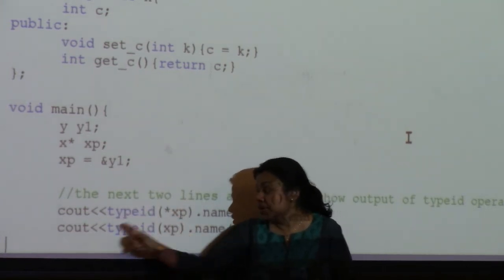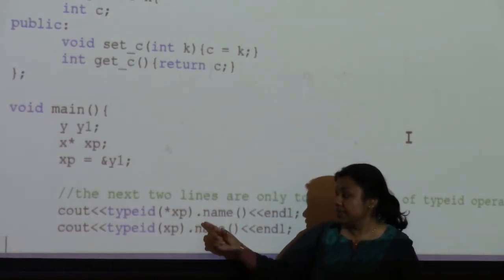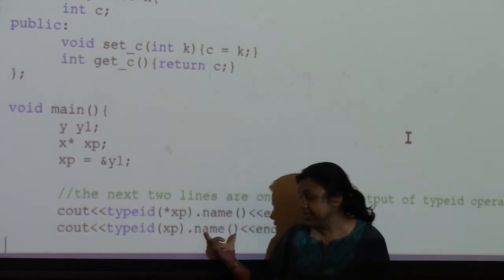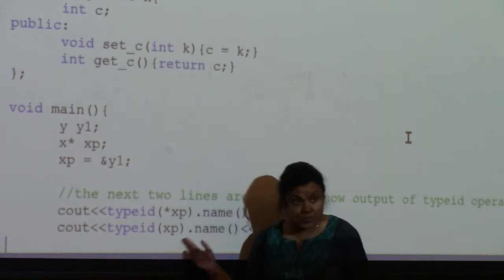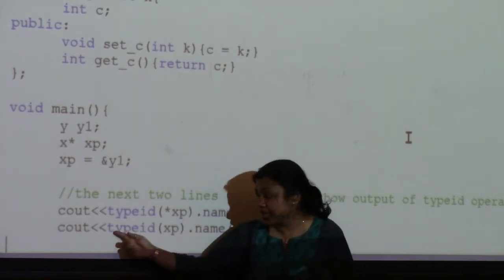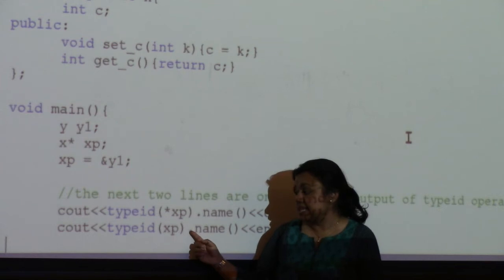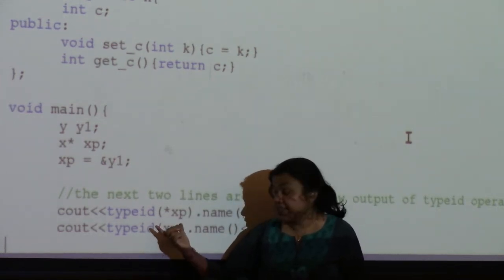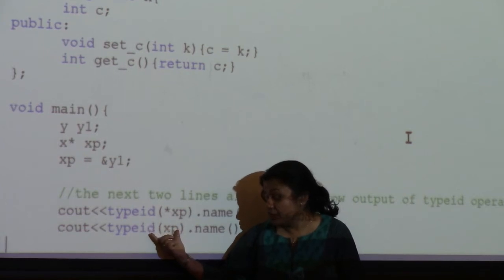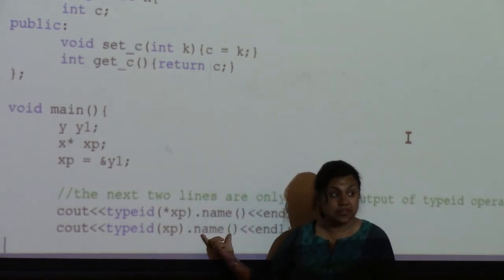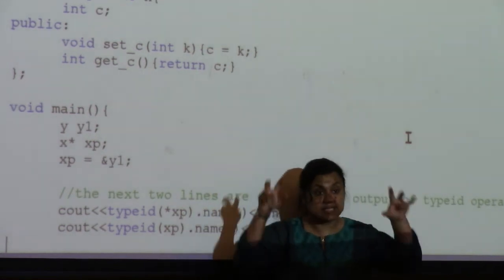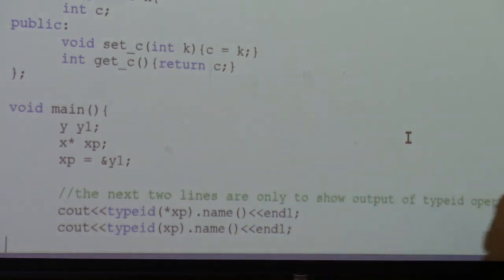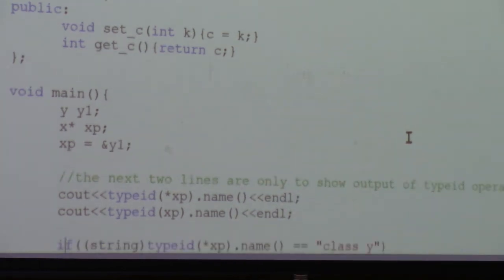This call returns the type, and when we call the name method, okay, it returns an object. You don't have to worry, I'm just explaining the syntax itself. So this call returns an object of this class, and when that object calls the name method, it returns the name of the class as a string. That's why we need the string. Okay, and if I show you the corresponding output,